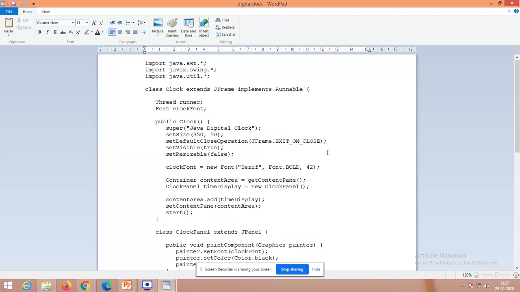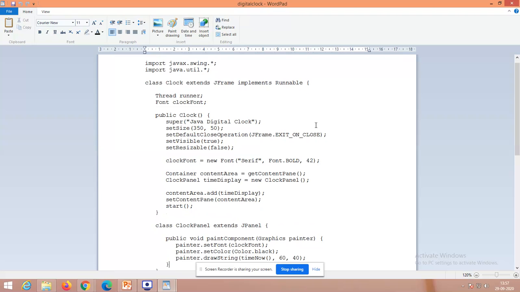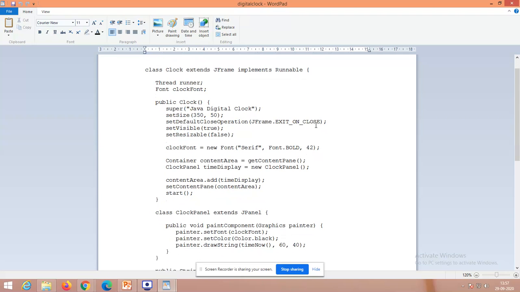Right? This could be your digital clock, right? So digital clock size that we are going to fix. What is the font that clock numbers have to be displayed in? Okay, so the display panel will be fixed on the pane, and we are going to start the clock. So what are the fonts, what are the colors that we are going to mention? It is going to work. Time now, it is the function which will print a clock.